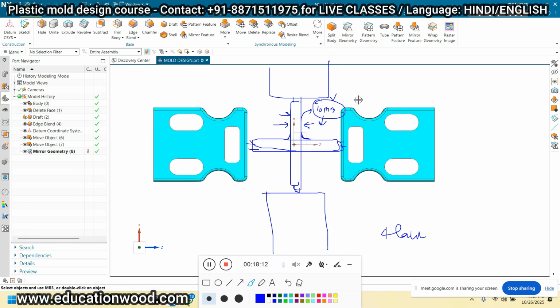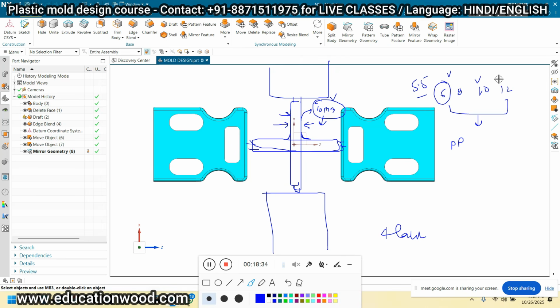But depending upon the calculation, we can take 6 mm, 8 mm, 10 mm, 12 mm, depending upon the material. For example, if we have a PP material, the maximum you should take is 10 mm. But in the calculation, if you get 5.5, you can take 6 mm, because you don't want to waste the plastic material, right?